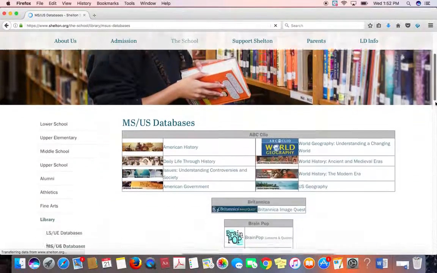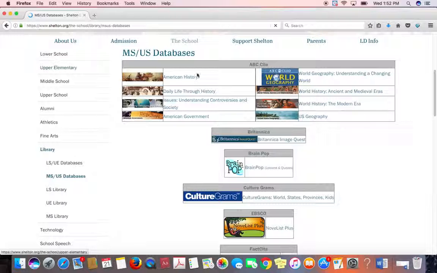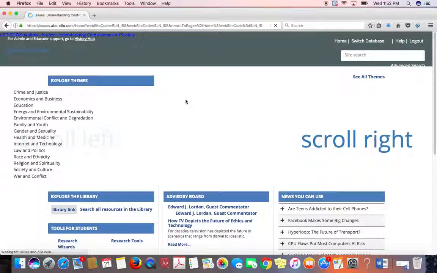All right, so we have ABC Clio databases first, and if you're having a current event issue, this one is excellent: Issues, Understanding Controversies in Society. This also is a good one, Daily Life Through History. This has American history, and this is world history and U.S. geography over here. Now I'm going to click on Issues, Understanding Controversies in Societies, because a lot of you guys